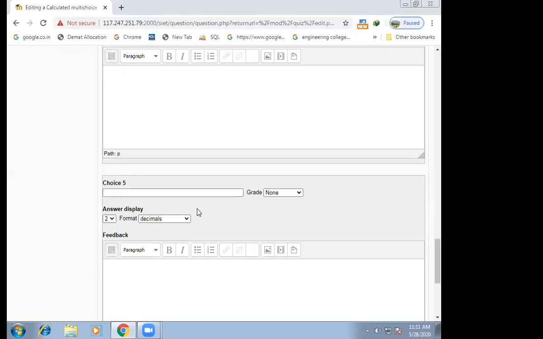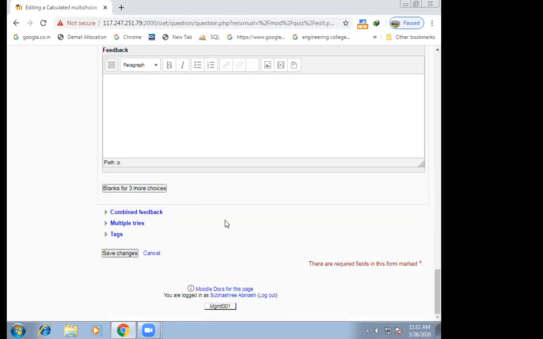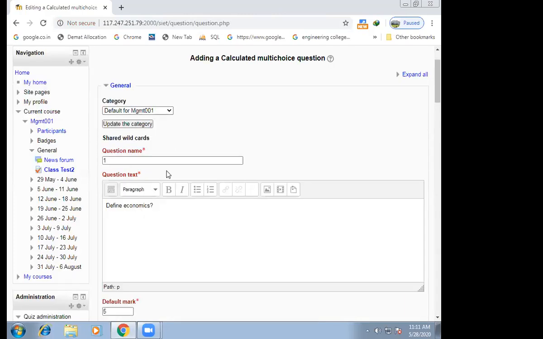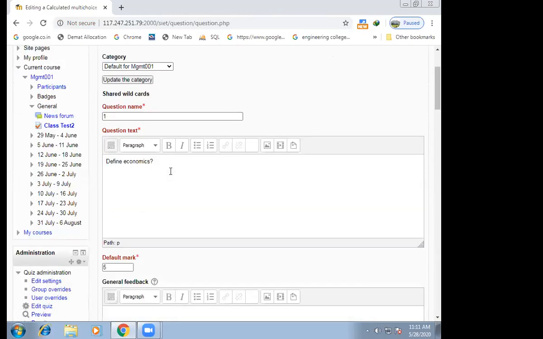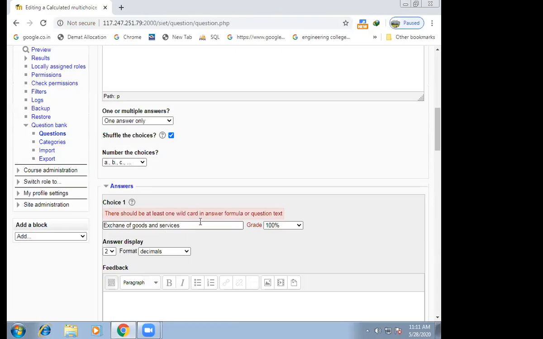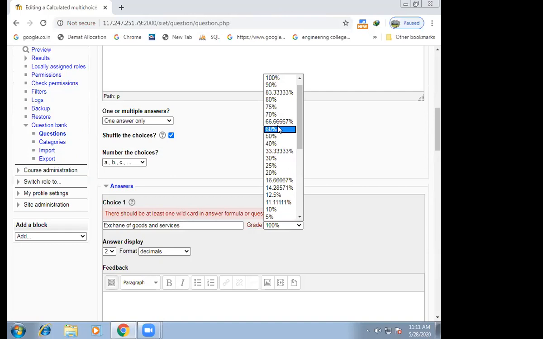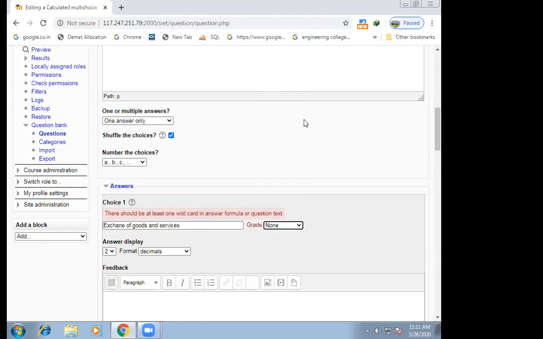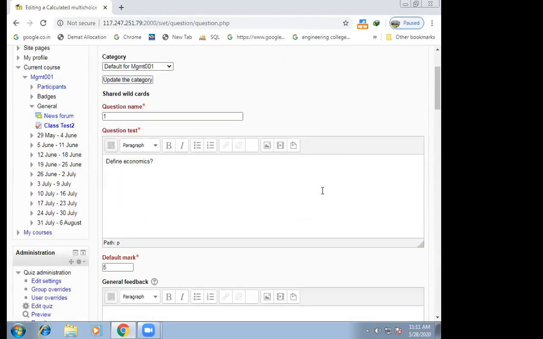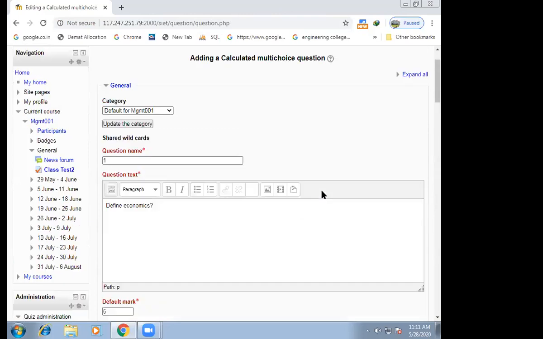Okay. So it's okay. No issues. Question name 1. Define economics. Default mark, there should be at least one wildcard. Exchange of, none. Default mark 5.